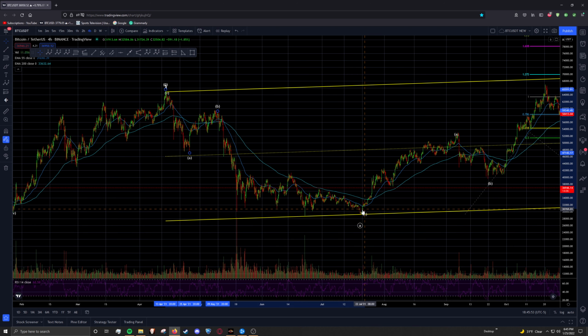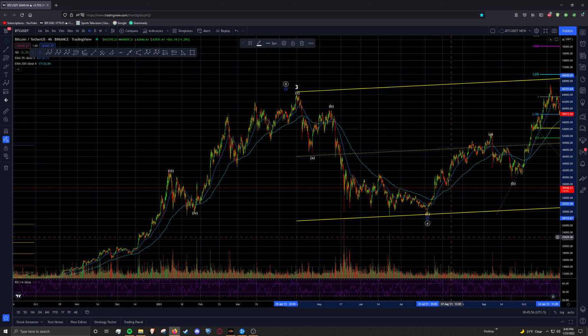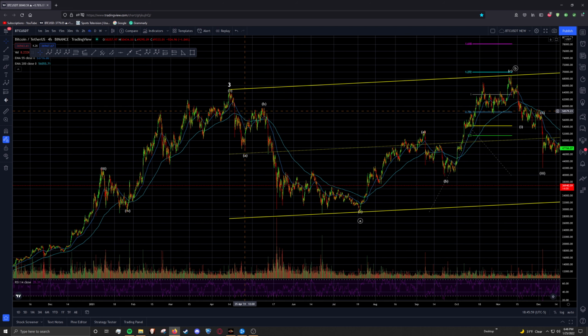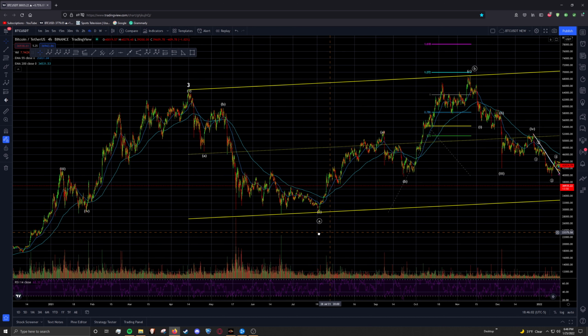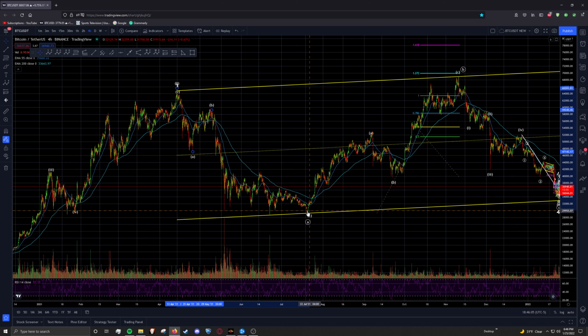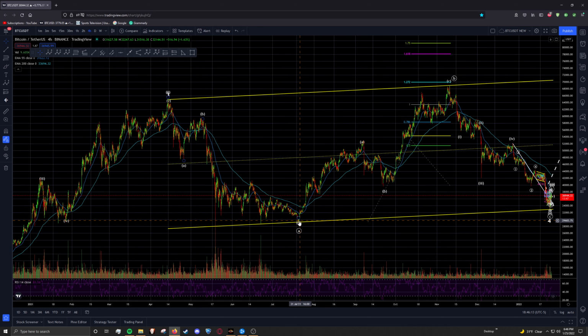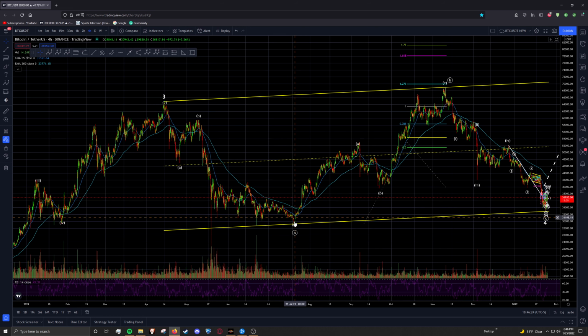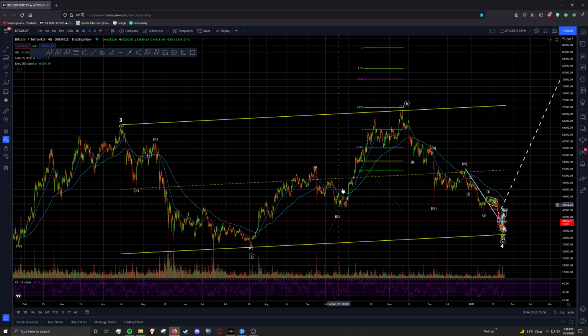We finish down here, what I think is an A wave, and I think you can count this as a ABC, and this is a truncated fifth. So this is the actual finish point. There's no 1, 2, I don't think so. Then we get a trend change where we have a 1, 2, 3, 4, 3 up here, 4, 5. So it's not looking that bullish just by looking at the wave structure. Then we get a B, C with hard dumps, and then we reached up here, got to the all-time high,